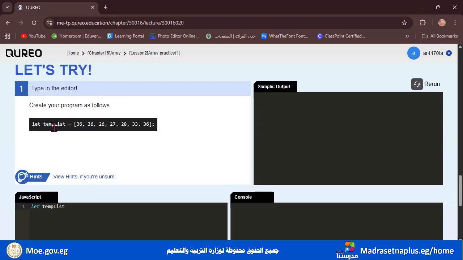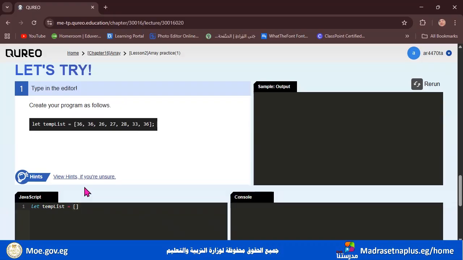So instead of that, what we do, the second word, we capitalize the first letter. So the L here is capitalized, L capital. So template, okay, equals, and open a square brackets.